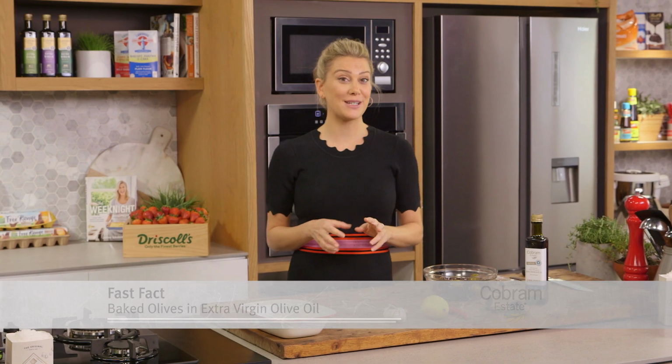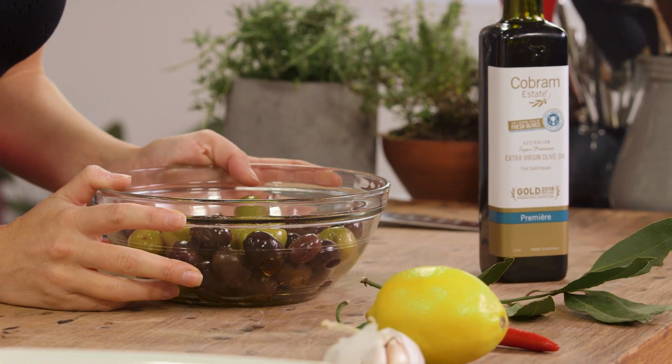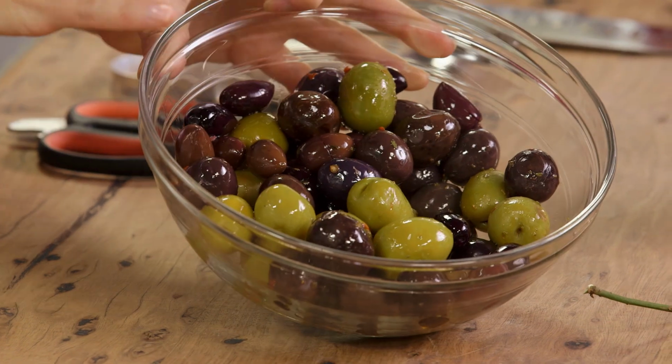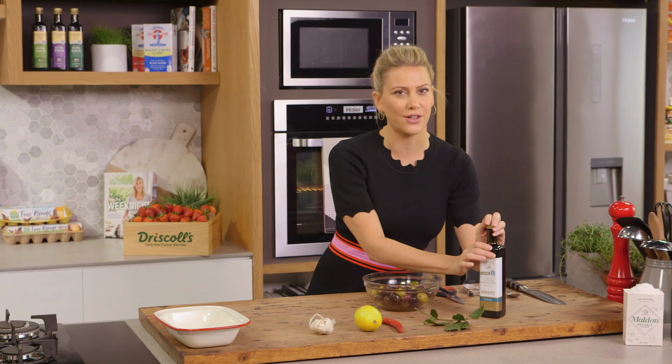The perfect accompaniment to go with your wine in the evening are these baked olives in olive oil. This is a fantastic aperitif, especially when you've got some friends coming over. Now, olives are nice as is, but when they're served warm in a bath of extra virgin olive oil, well,